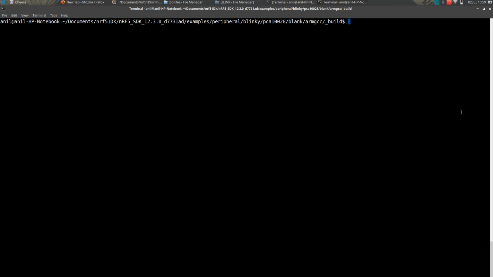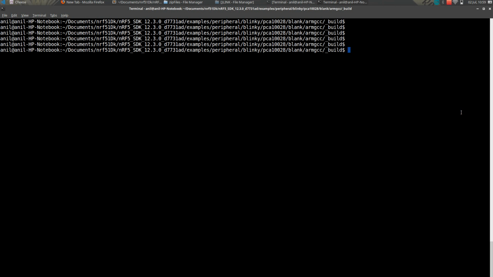So let me just clear the screen, and we'll be running the command to program. The tool is nrfjprog. First we'll be erasing the board. The family we are using is nrf51.